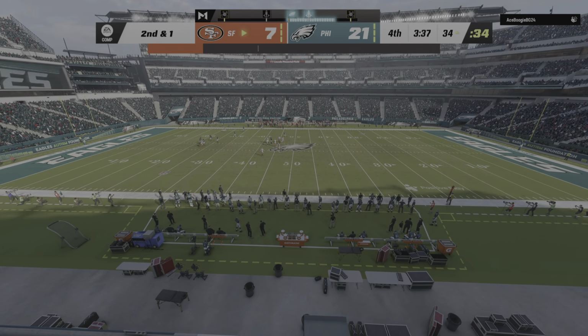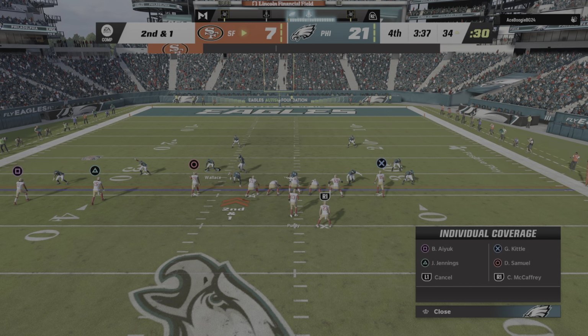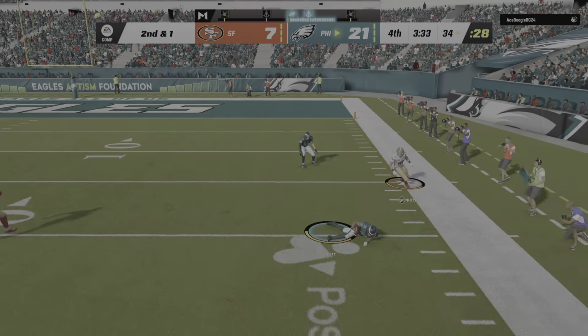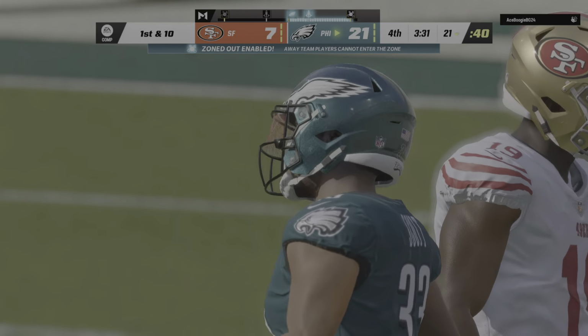Well, that's now 4 completions in a row. A good bounce back following the interception last drive. Certainly not letting it affect him, that's for sure. And we all know interceptions are going to happen. So the big trick. And his pass is intercepted for the 4th time today. And the Eagles...